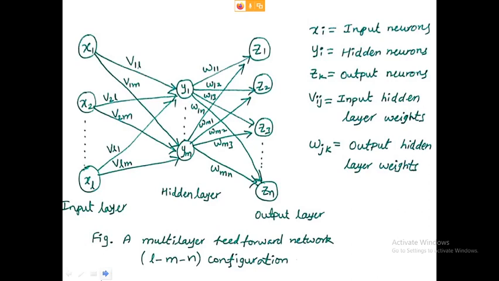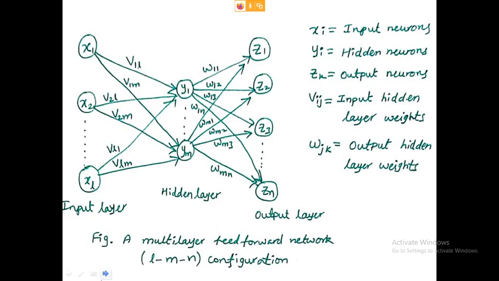After the first hidden layer, if you are adding one more hidden layer as alpha 1 to some alpha n value, then it is L M alpha N. L and N are the input and output neurons. M and alpha are the hidden layer neurons. Likewise, you can provide multiple hidden layers also, but input and output neurons are fixed.